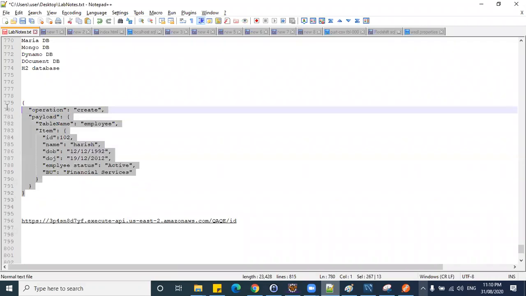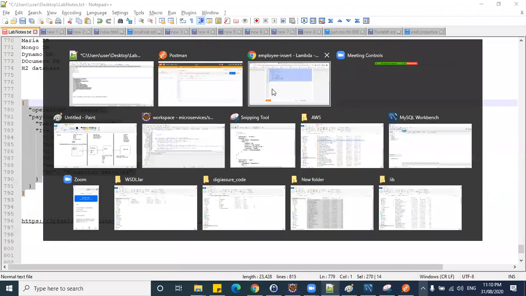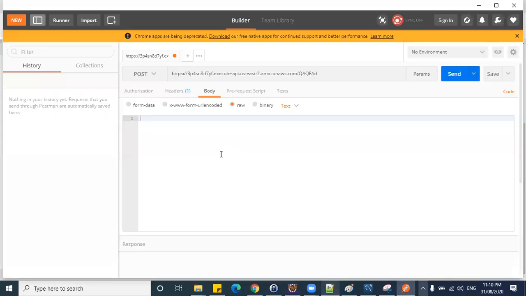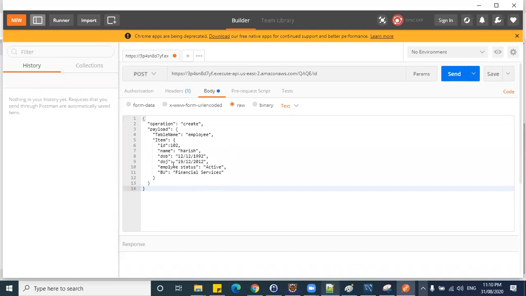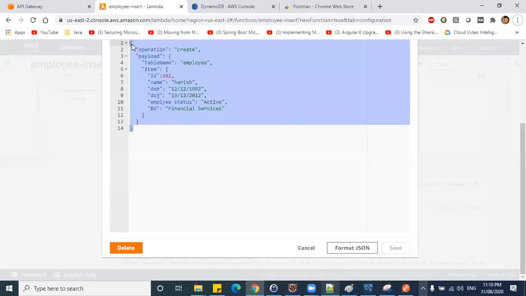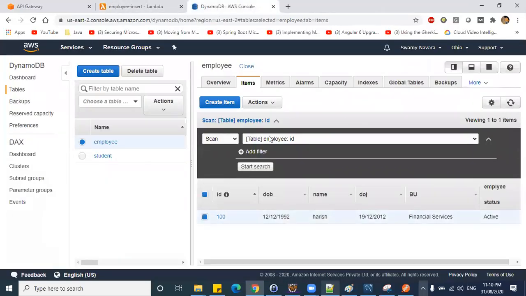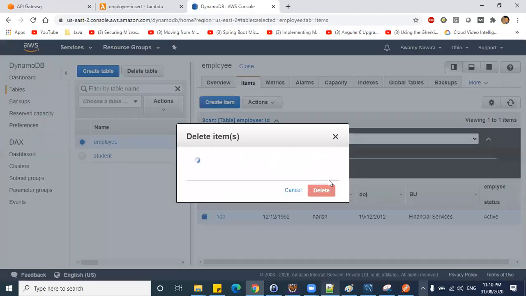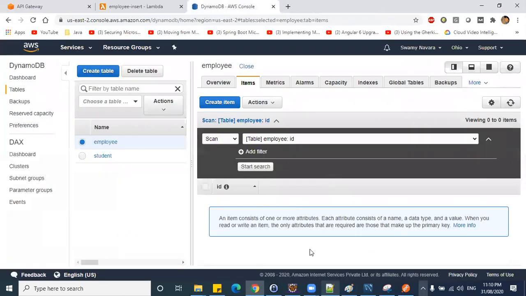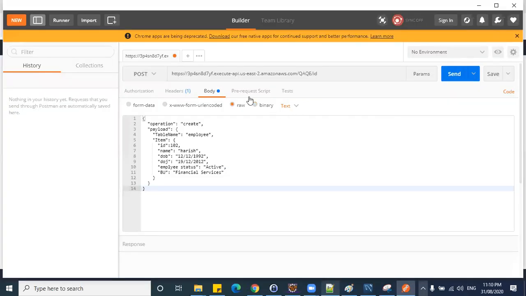Okay, so I'll copy the same payload and put it in the body here. Before that, let us go and check our database. Let's delete these rows. Okay, now there are no rows. So when I try to execute this one, right,